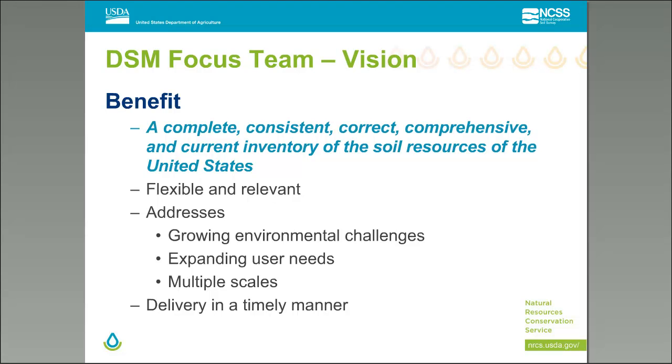Helps us to adapt to changes in user needs as different challenges arrive, different questions arise in terms of what people are asking of our data. It also allows us to provide data at multiple scales. Again, we want to make sure that the products that we provide are commensurate with the questions that are being